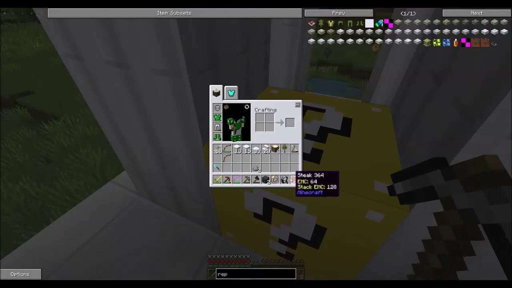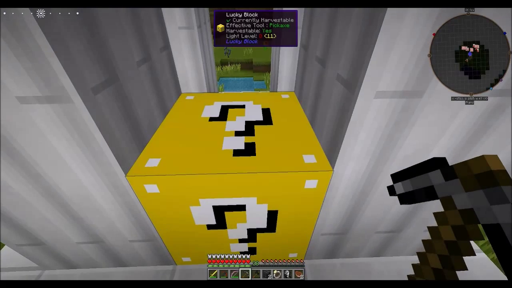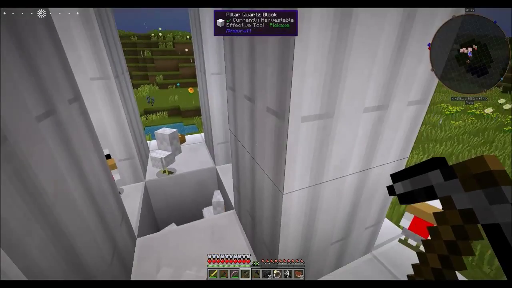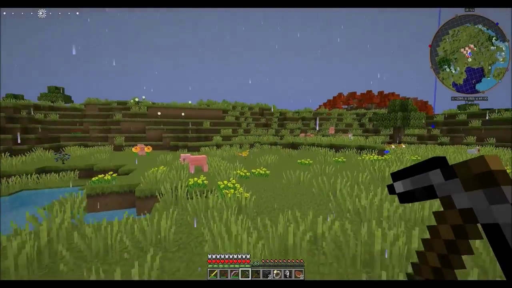How's my inventory? See, before I started recording where I got the diamonds, I took this down because I need all this quartz to make my portal to Elysium. Oh, see, this is what happened. I got diamond, 7 this time, and chickens. That's what I did out of the other lucky block. Anyway,